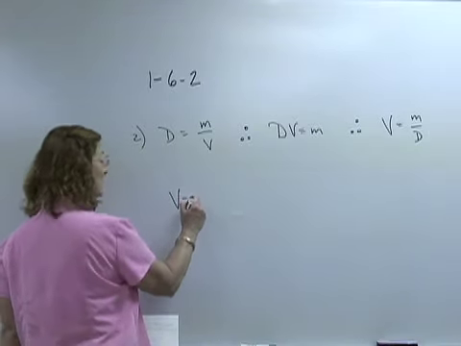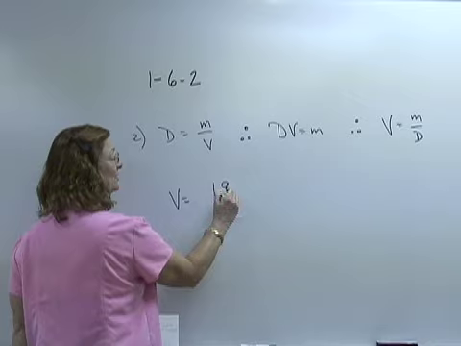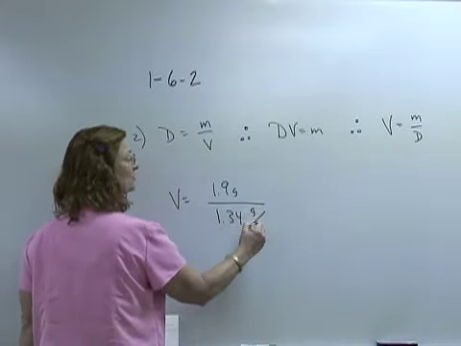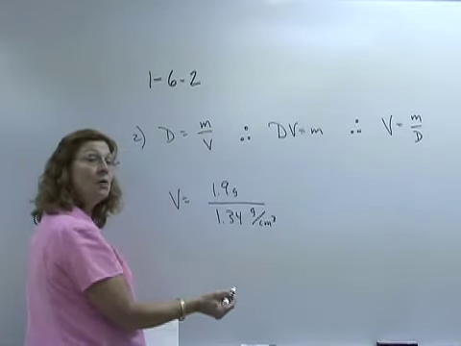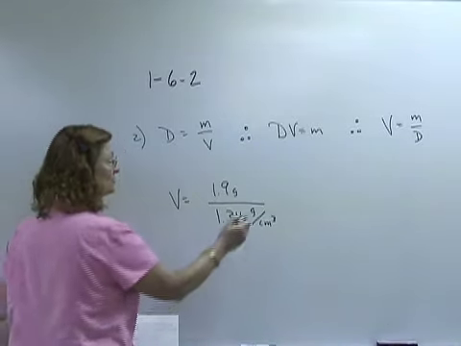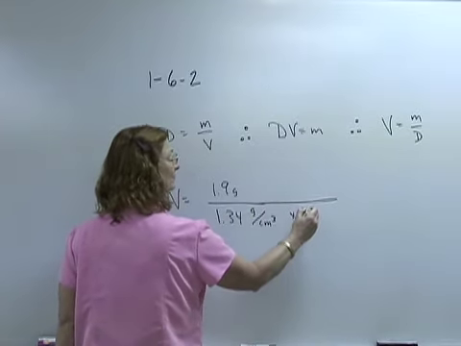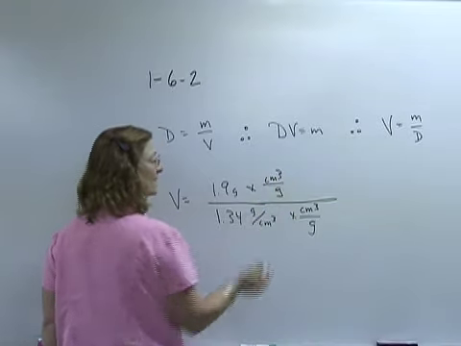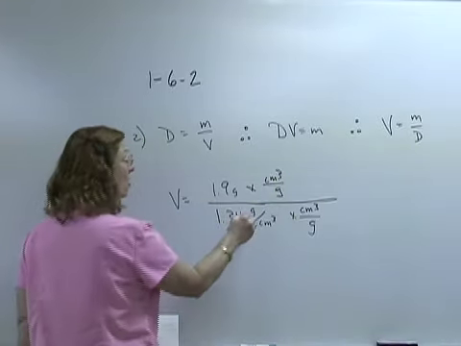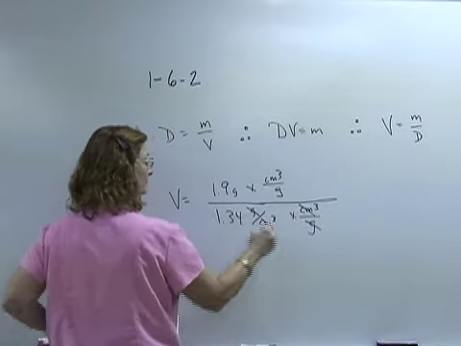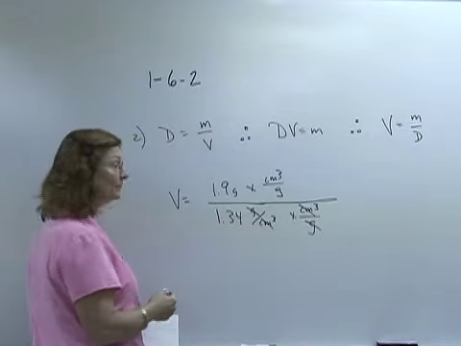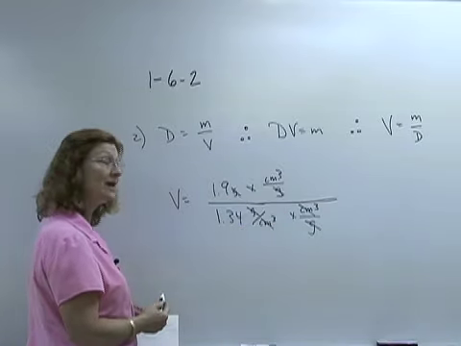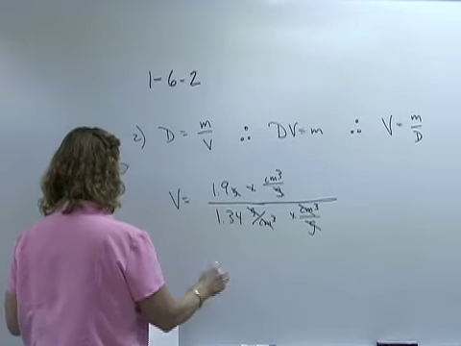So volume is equal to the mass, which is 1.9 grams, divided by 1.34 grams per centimeter cubed. When I divide by a fraction, I multiply by its reciprocal on top and bottom. In that respect, all of this cancels, and I'm left with 1. Then the grams cancel, and I'm left with centimeters cubed, so that's my final unit in the answer. Then I just divide the numbers, and I come up with